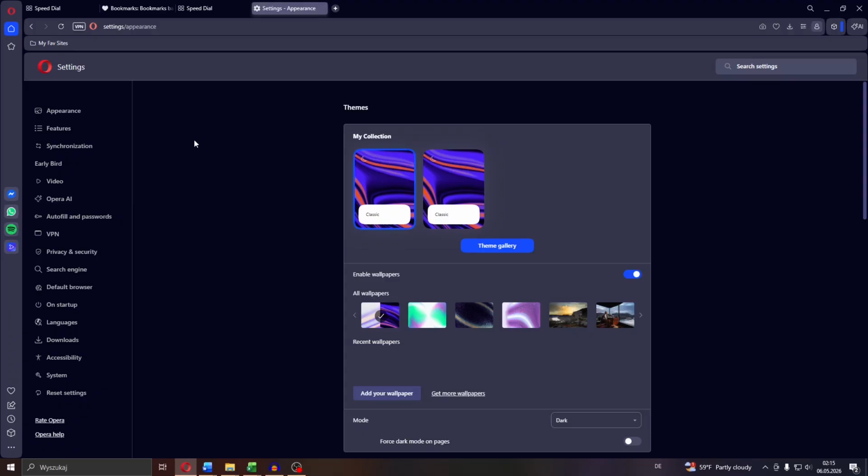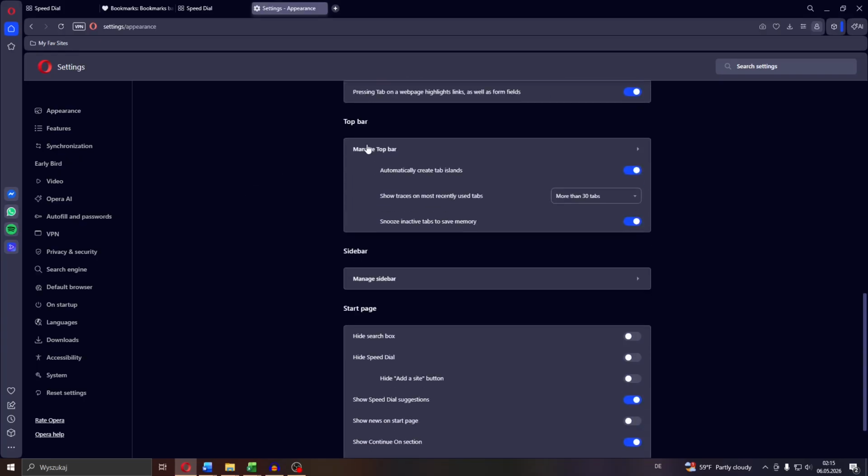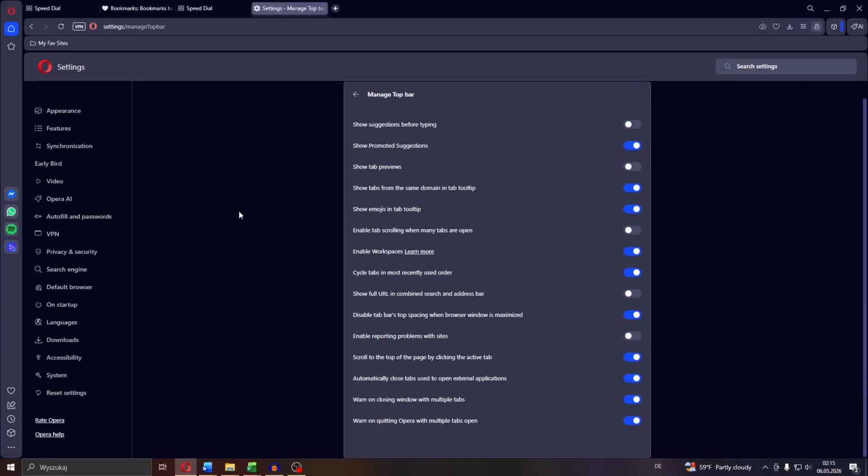Step number one, you navigate to Appearance in the top left. Here, scroll down to Top Bar and click into Manage Top Bar. From there, what you want to do is enable the feature, enable reporting problems with sites, here to the right, switch it on, so that these reports of problems may be sent to you whenever a website crashes here in